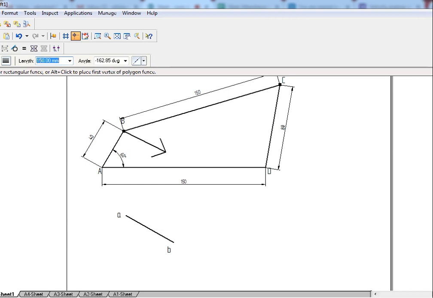In that angle, I will get a perpendicular. So tell me the exact value. 252, sir. I will take a suitable length. Then what is the angle? Tell me the angle. 252 degrees, sir. 252.8.